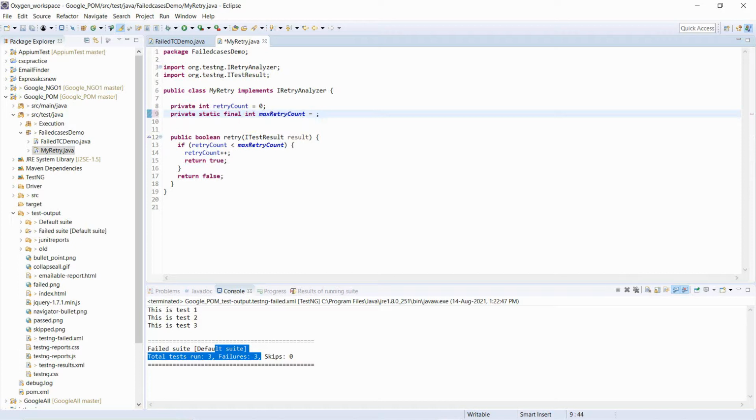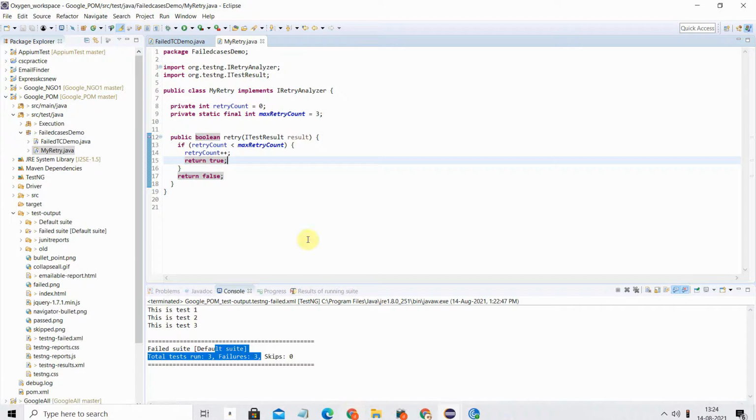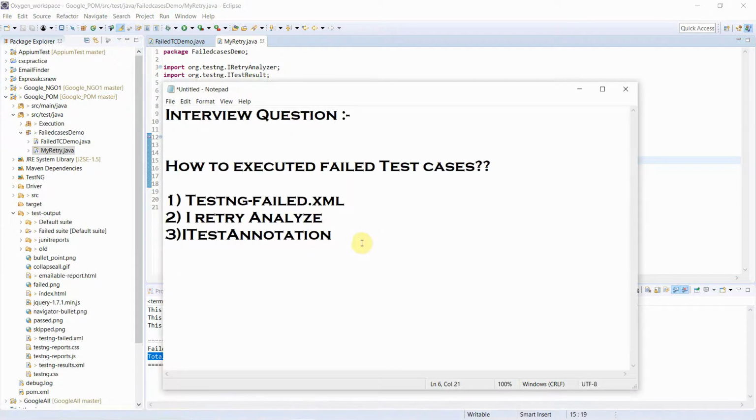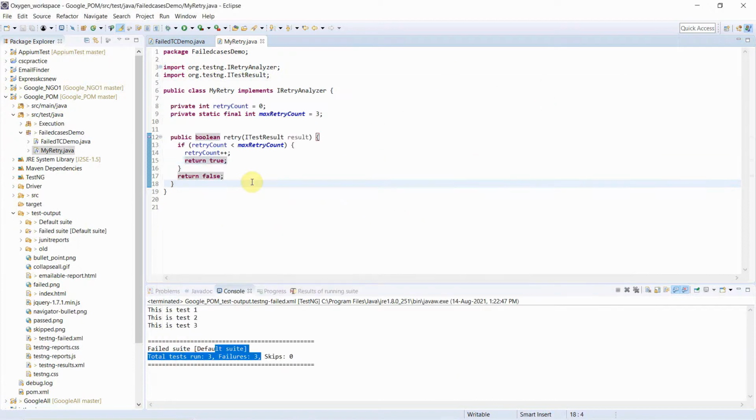This number you can change whenever you want. So this is the second answer that you can give to rerun the failed test cases. It is the IRetryAnalyzer interface we have used to rerun the test cases.